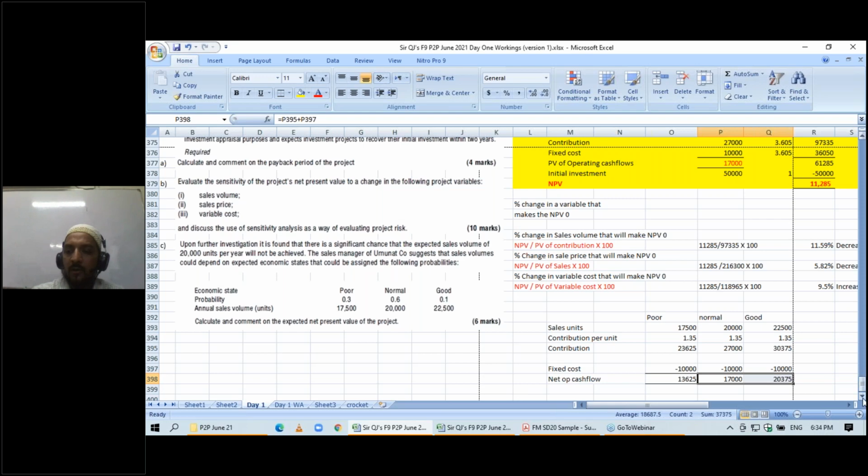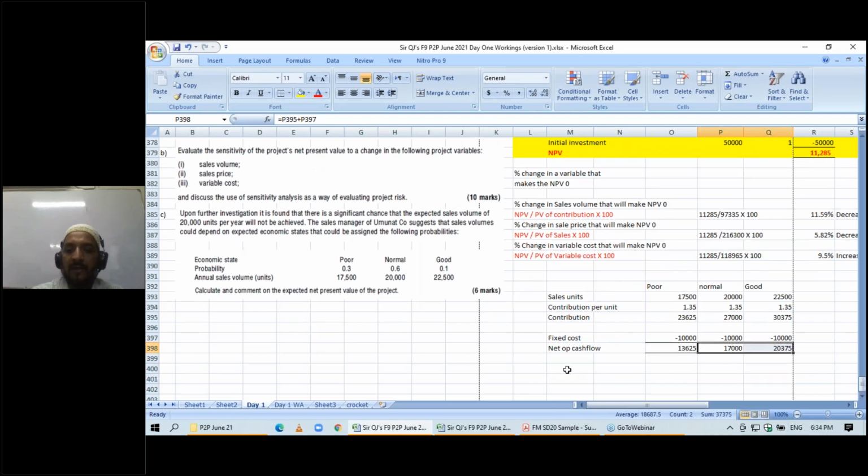So this will be your net operating cash flow per annum. Now, if you multiply this with your annuity fraction at 12%, you will get the present value, and then you will deduct the